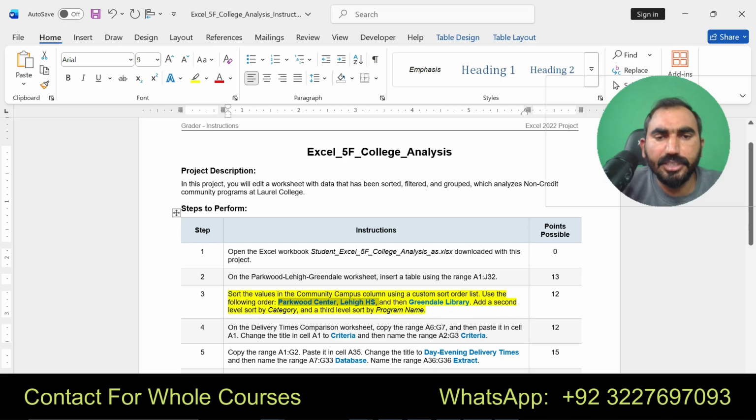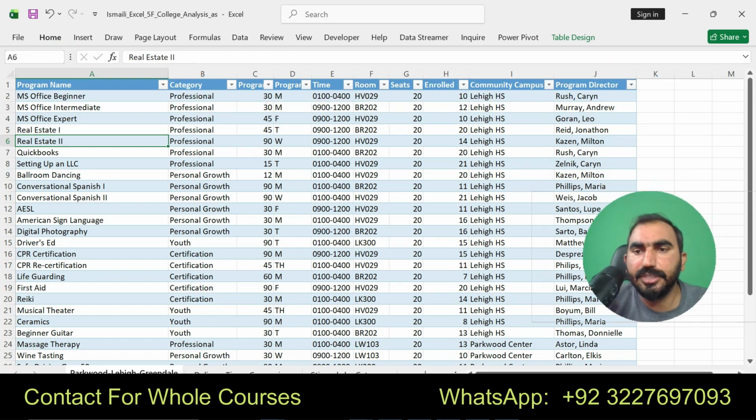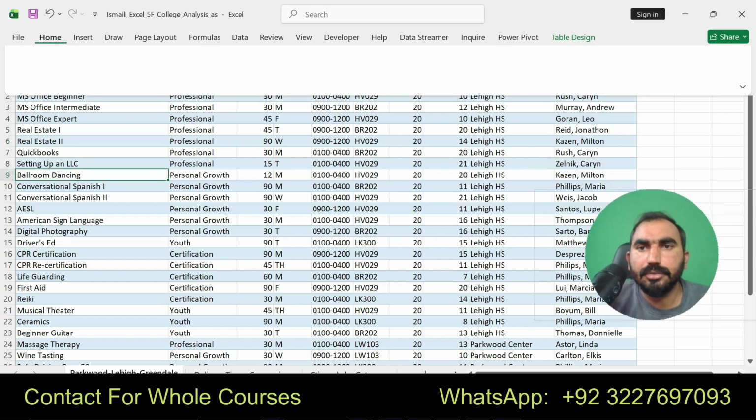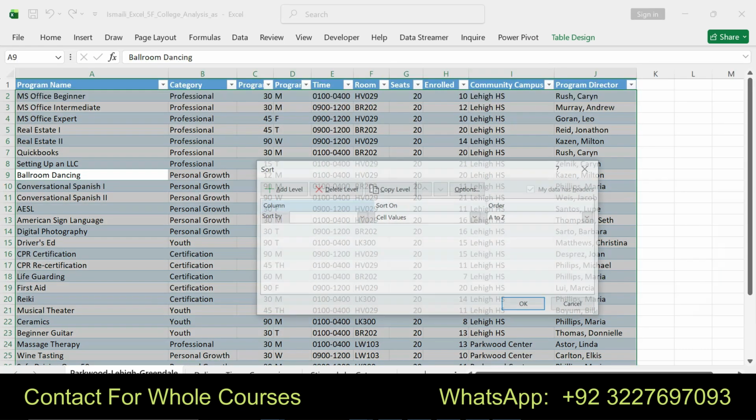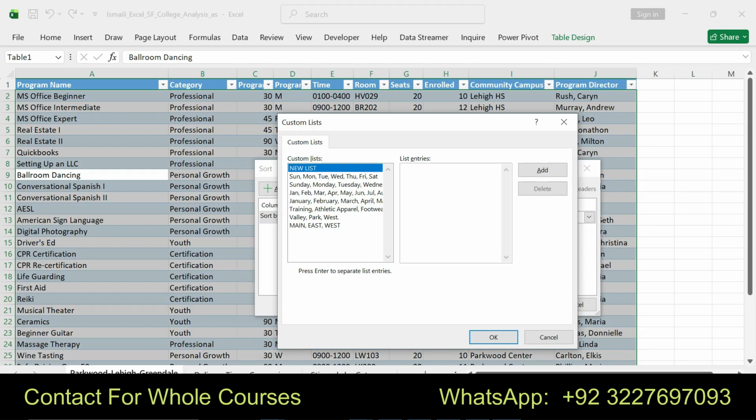Here you can see I am going to do this in custom sort. Community campus. Now I am going to add the custom list